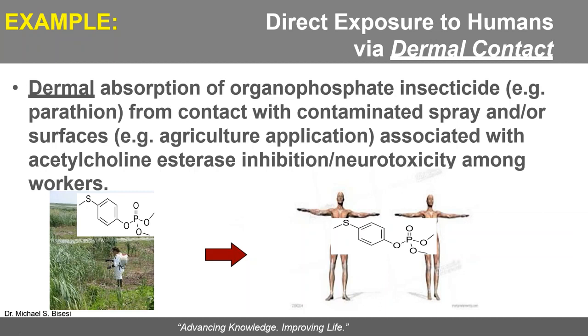Here's one I just want to point out from agriculture exposure. This is a common trivia question, but organophosphate insecticides are highly dermally absorbable. So not only are they an inhalation hazard, but also direct contact, because they absorb so readily across the skin surface, and they're highly neurotoxic because they inhibit acetylcholinesterase. So agricultural workers have higher hazard potential, more so than the consumer. And this is an example I alluded to earlier.